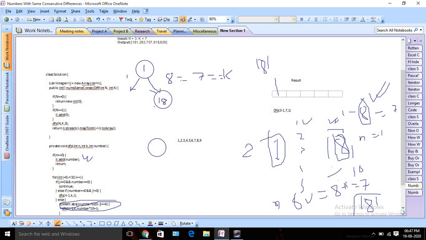Now again I will check all the possible numbers, but in this case I will consider only the last digit of 18, which is 8. Again I can find that for 1, if I take 1, my difference will be 8 minus 1 equals 7. Then we can add that digit to the existing number, that is 181, and add that to our result set. So this is how we are solving it. This is the algorithm basically.